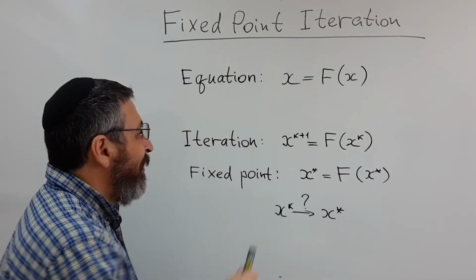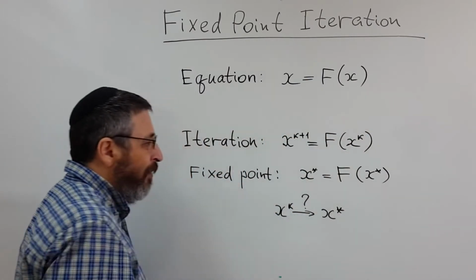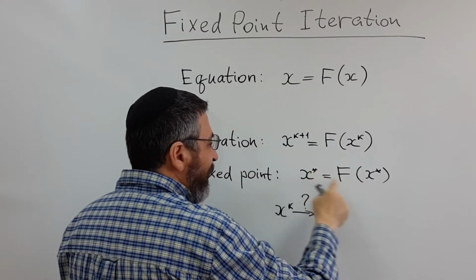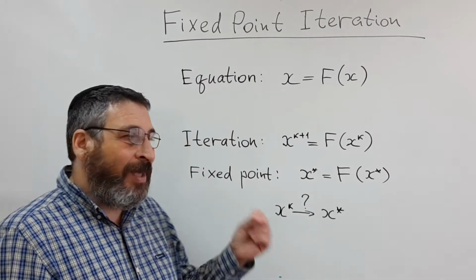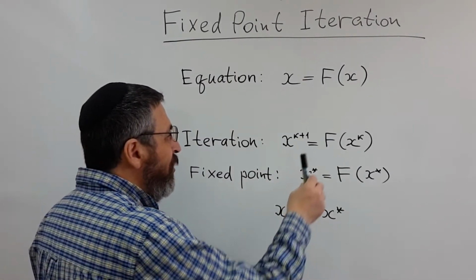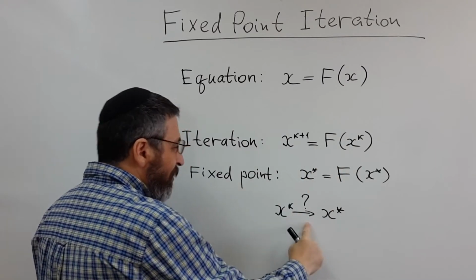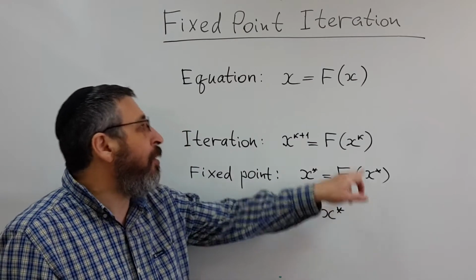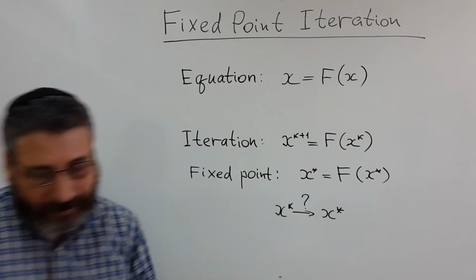And of course the solution of equation is so-called fixed point of this algorithm. It satisfies this equality. So solution is x star, so x star is f of x star. And the very fundamental question is under which condition on f the sequence of iterates x_k will converge to this fixed point, to the solution of the original system of equations.